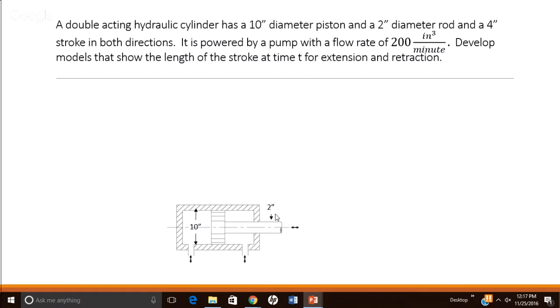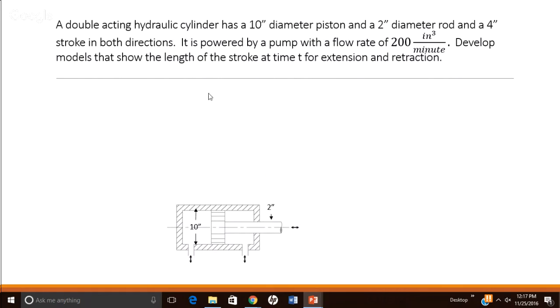Through retraction, however, you still have the same bore size, the same piston size. You still have the same stroke, but you have to take something else into account. You've got a 2-inch rod in the middle. Okay, so that's going to affect how much volume of fluid, hydraulic fluid, is actually going into this cylinder. So there's going to be more hydraulic fluid going in the extension side than there is going through the retraction side. So when we do this problem, we're going to have to consider how much fluid is not there,